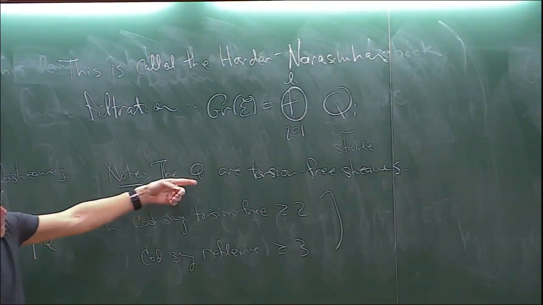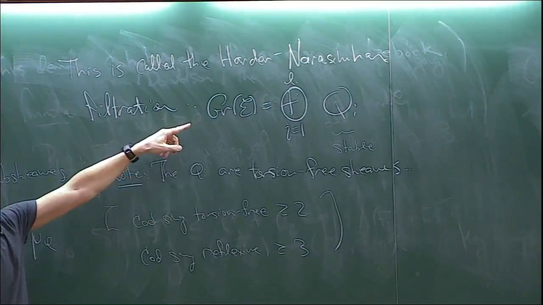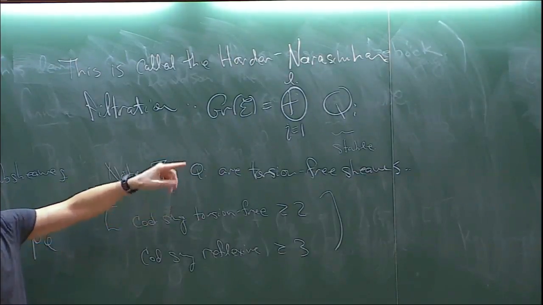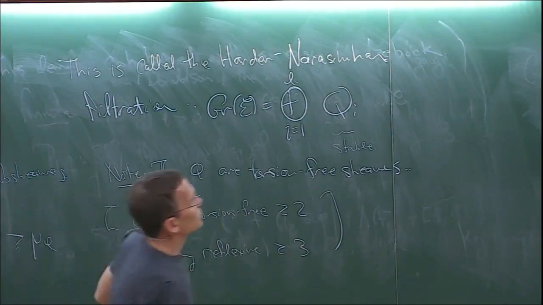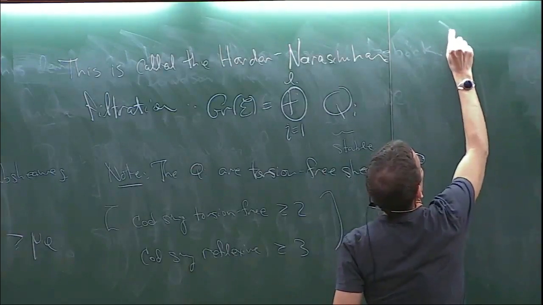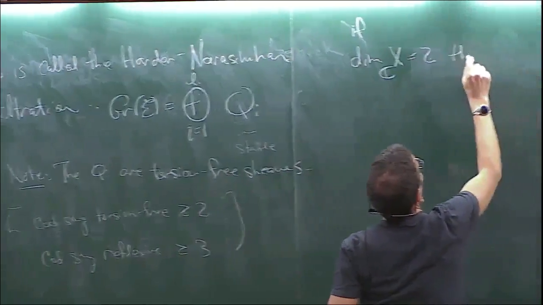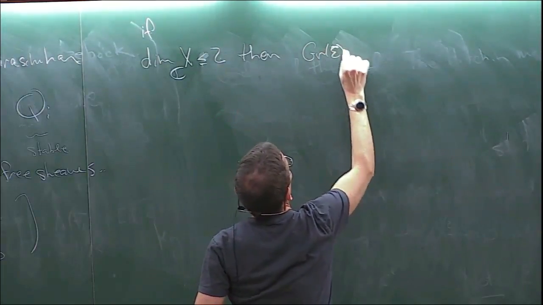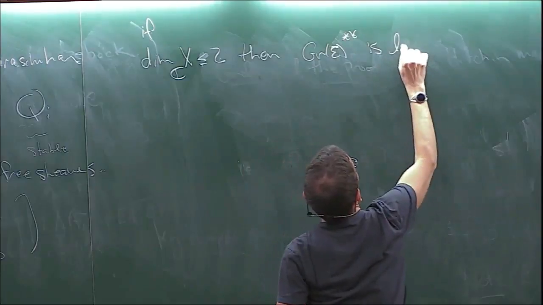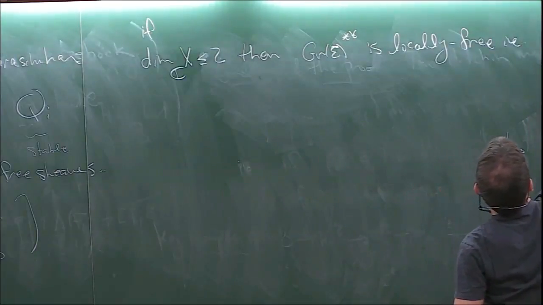So on a complex surface, it's possible that these are not locally free. It's possible they don't come from vector bundles. But on a complex surface, I can take the double dual of this, which is the reflexivization of these sheaves, and in dimension 2, they will be guaranteed to be locally free. So let's assume for the moment that if the dimension of X is 2, then Gr double dual is locally free, i.e. comes from a vector bundle.